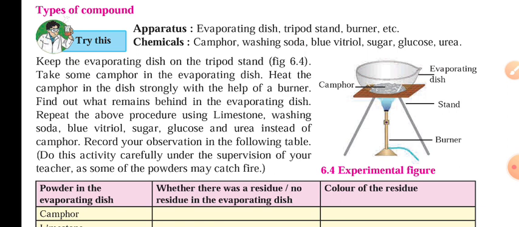Elements are nothing but the basic units, and a single type of atom is present in them. Compounds are nothing but the chemical combination of two or more elements. And mixtures are not chemical compositions, they are just a mixing of two or more elements or compounds, or an element and a compound. Any possibility is there. After that, we discussed how elements are classified.